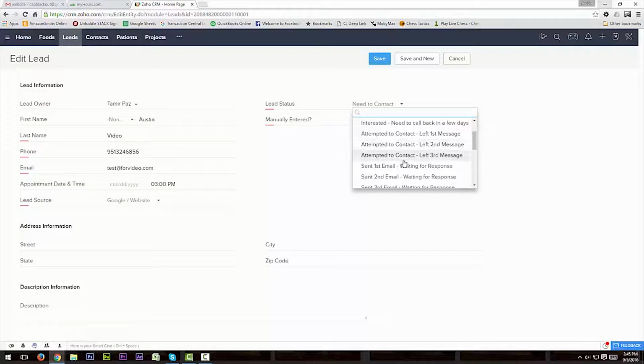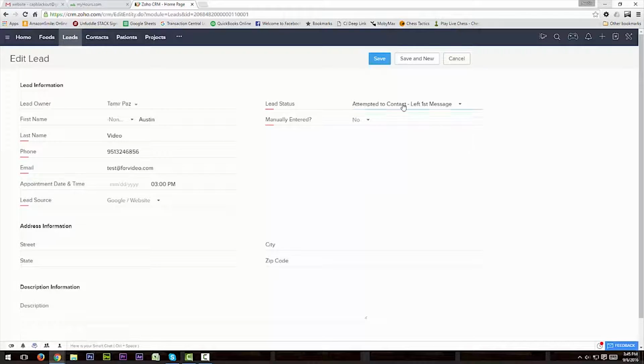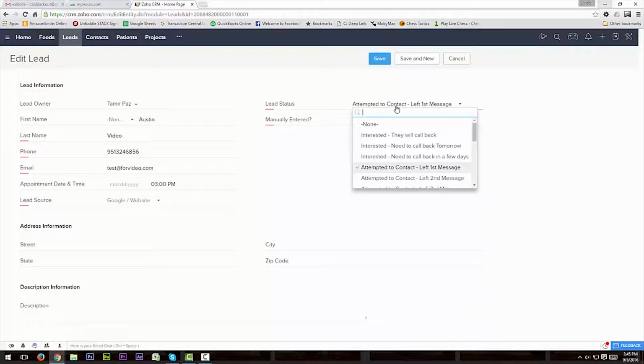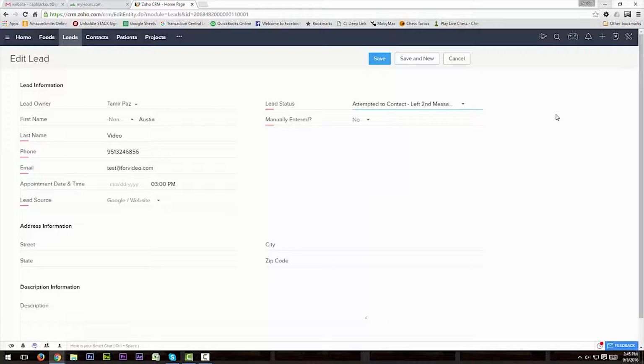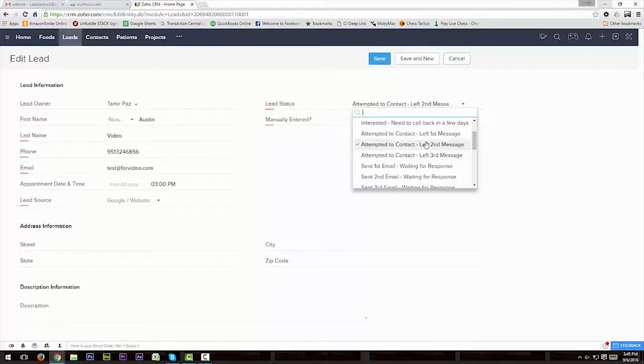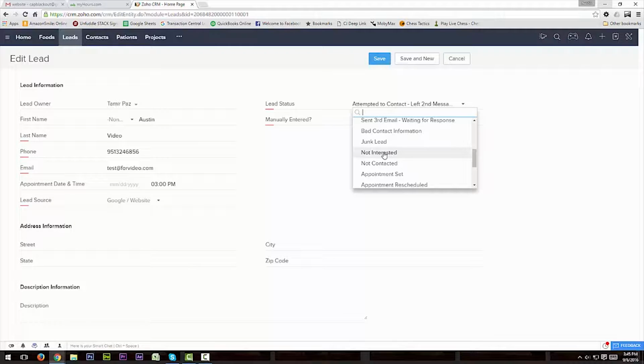So we don't want leads to be called once, they don't answer, and we move on and we never call them again. So when you make your first attempt, if you call and you don't get a hold of them, you're going to set it to first message. Leave the message, and then you're going to call them back the next day. And once you call them, if you get another message, you'll do the second message, and you'll work through each one of these steps until they either say, I am not interested at all, don't call me back,